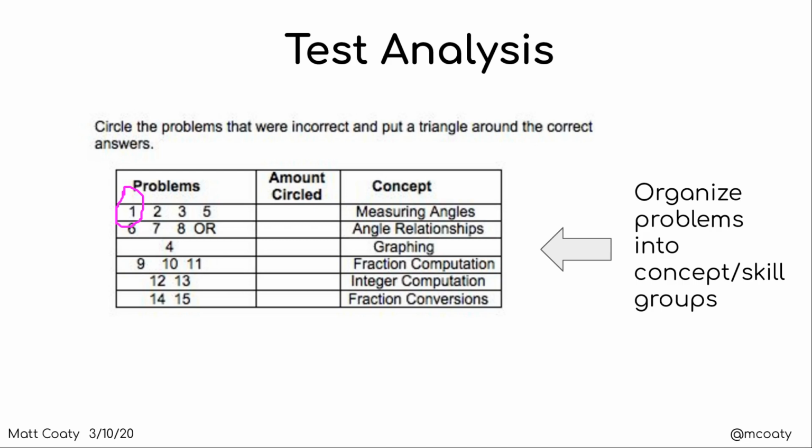Maybe they didn't get that correct. 5 is circled. And then sometimes I'll put a triangle around the correct answer, so students are aware that I'm looking at both the correct answers and the incorrect. I think sometimes students really focus on the incorrect, and all the things that were correct get put to the side, which we don't want.